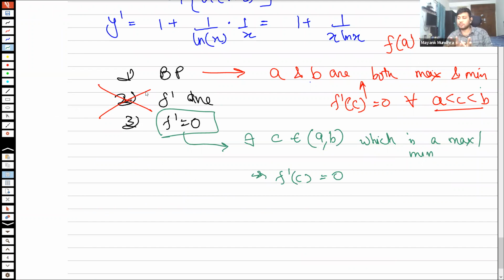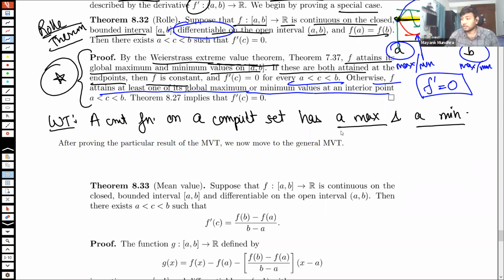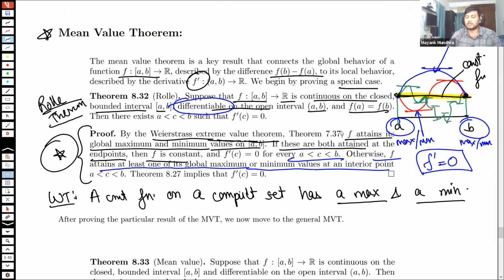Don't write essays. Okay, we don't have to write the whole script. If you're to the point, if you're mentioning everything in half a page, you'll get full marks. Don't worry about it. You don't need to put all sorts of mathematical symbols there just to get more points. That's not required. Even if you don't quote Weierstrass's theorem, you can just say that f has a maxima or minima. At your level, you're not supposed to know Weierstrass's theorem, and that's why I've not included it in the syllabus, because Weierstrass's theorem has a more difficult proof as compared to the mean value theorem.